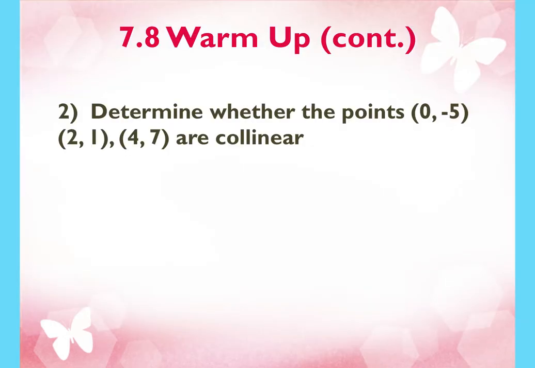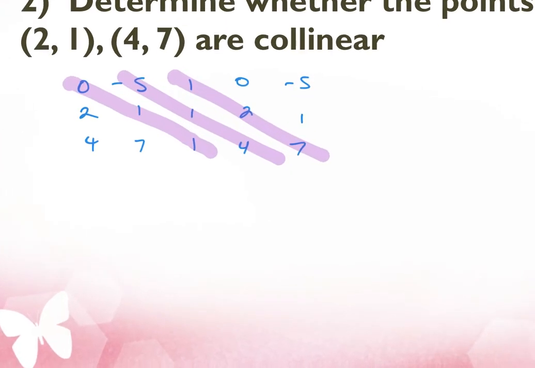All right, then you determine if they're collinear. Okay, so we do the same start. 0, -5, 2, 1, 4, 7. Fill the third column with ones and duplicate 0, 2, 4, -5, 1, 7. And then top, left, bottom, right first. So I multiply down